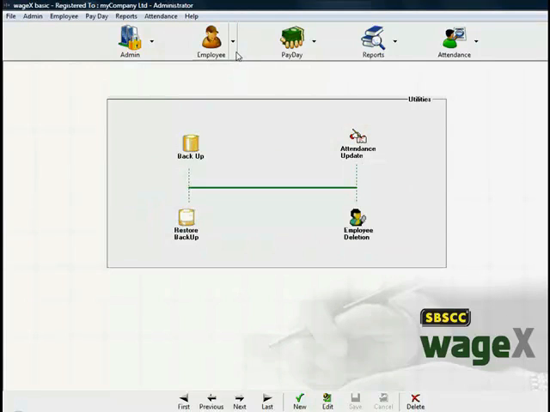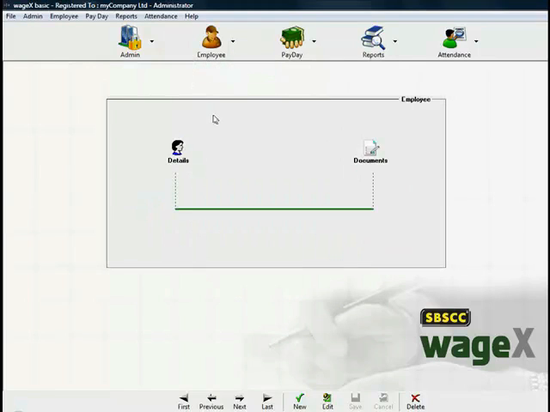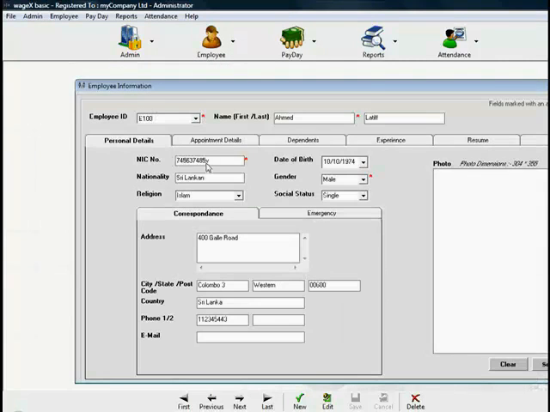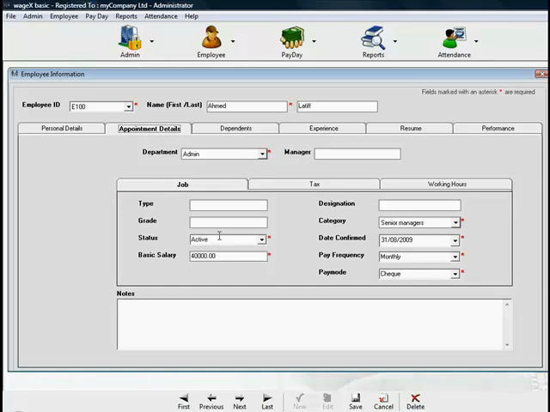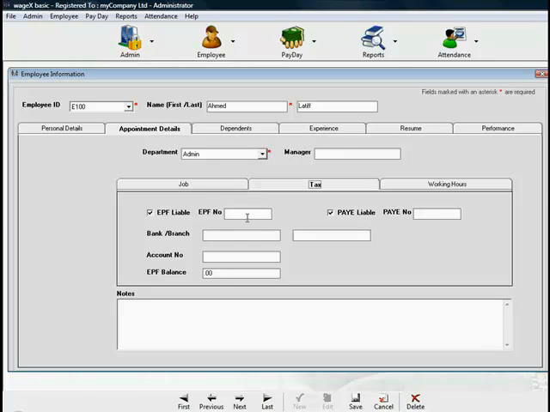Your next process is to go and set up your employee information. Click details. You can set up employee profiles such as national identity card, nationality, social status, correspondent address, so on and so forth. Under appointment details you can set up your employee's basic salary, date confirmed, pay frequency, so on and so forth. Under tax tab you can assign whether this particular employee is subject to EPF